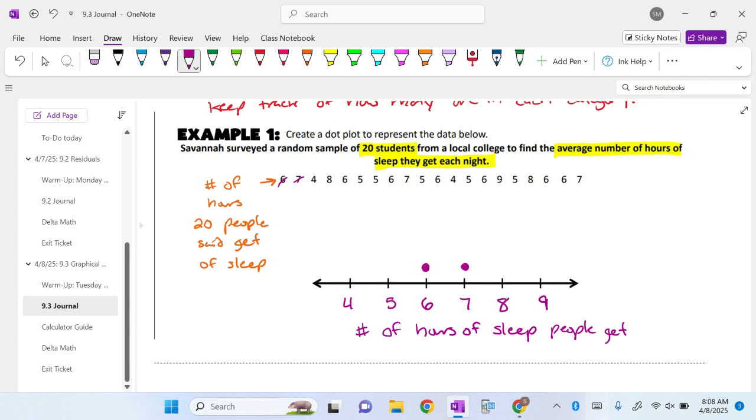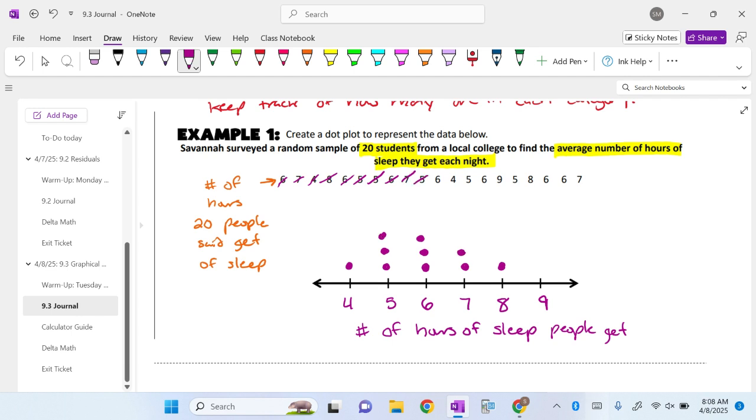What's the next one? 4. So I'm going to draw a dot over 4. What's the next one? 8. What's the next one? 6. So we're going to put another dot above 6. What's the next one? 5. What's the next one? 5 again. What's the next one? 6. Then we got 7,